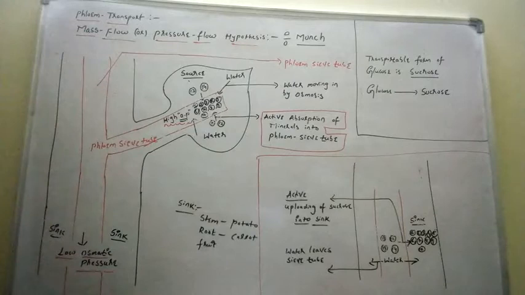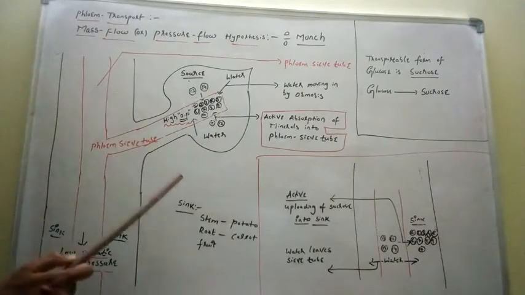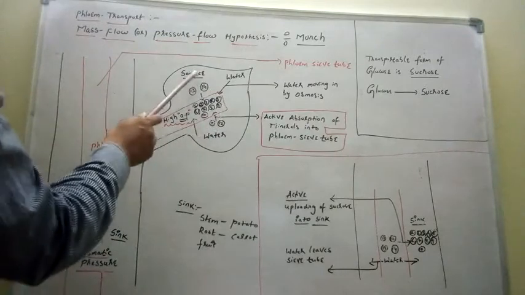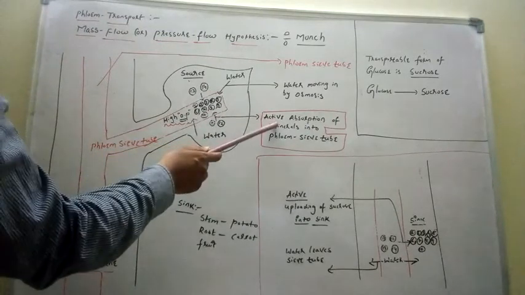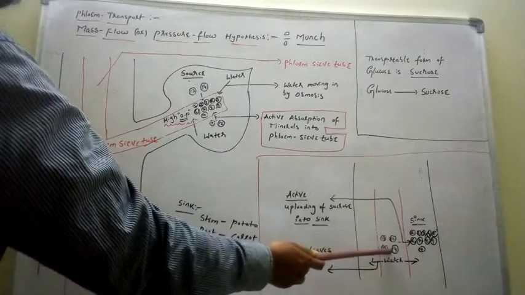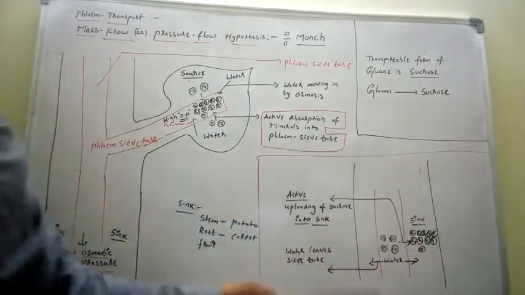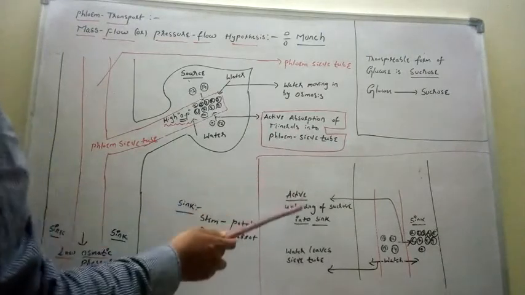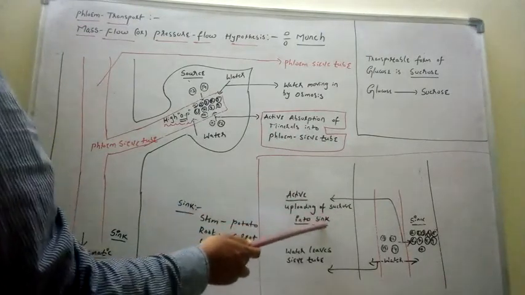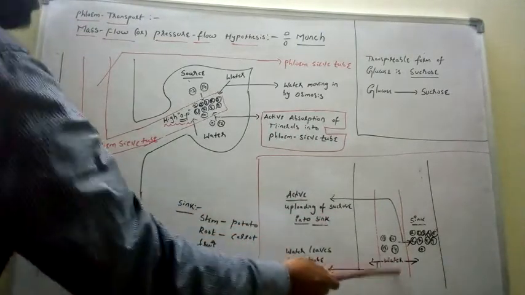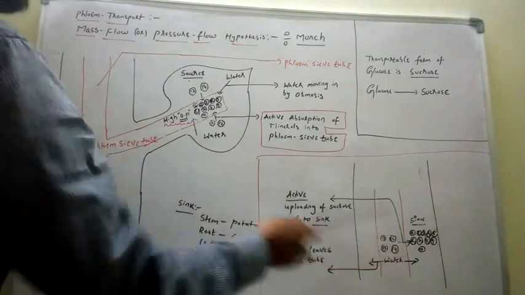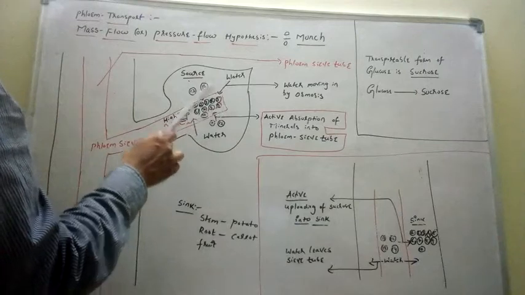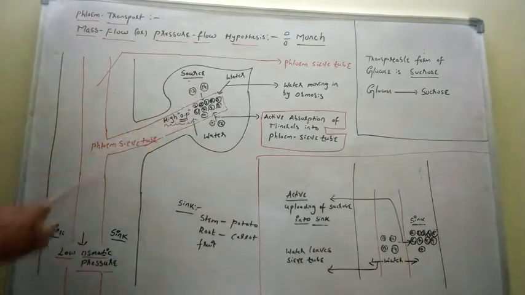So it's very easy. You have to remember only 2 points. The sucrose molecules from source enter into the sieve tube by active absorption. The sucrose molecules from the sieve tube enter into the sink by again active absorption. Active absorption of minerals into the phloem sieve tube. Active unloading of sucrose into the sink. Water leaves the sieve tube. So whatever water enters into the sieve tube at the region of source reaches the region of lower osmotic pressure.